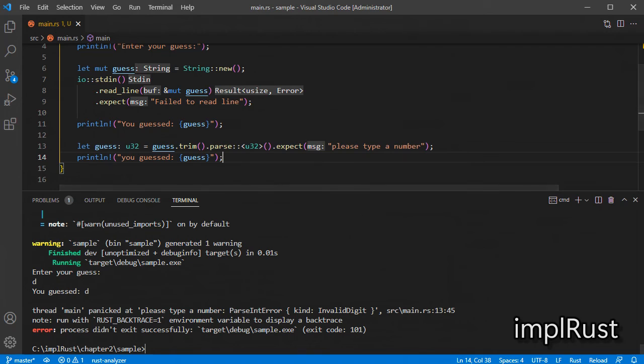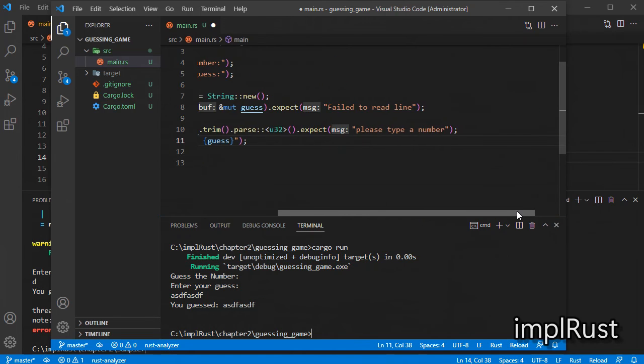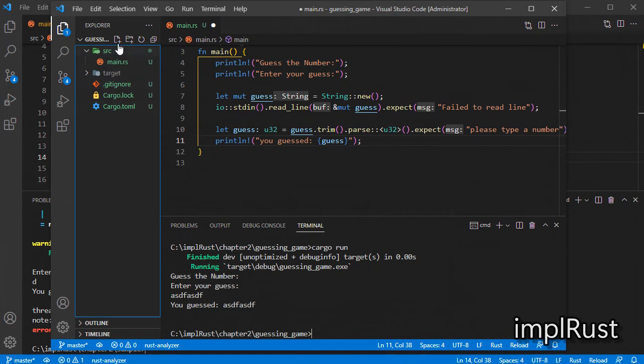As we know, all inputs are strings, so we have to trim the input and convert it to a number using the parse method. We already learned about the parse method in the chapter 2 prelims section and printed it. Here I want to show one thing, formatting long lines using the rustfmt.toml file. Here lines 8 and 10 look like long lines, so we convert these lines into multi-line using rustfmt formatting. For that, create a file